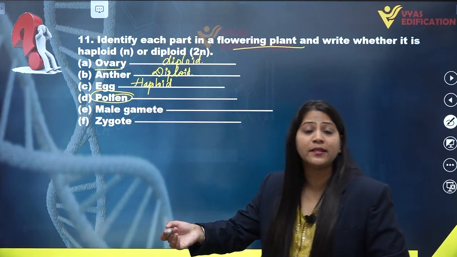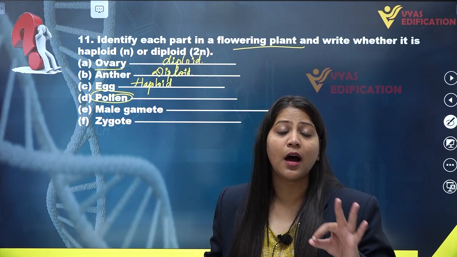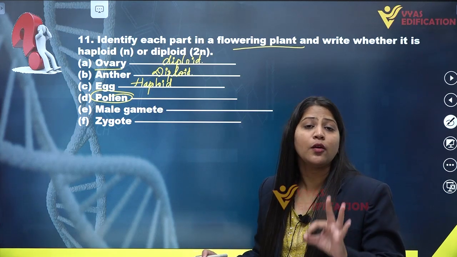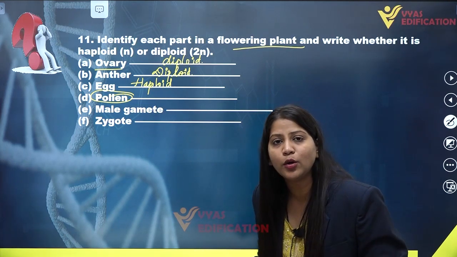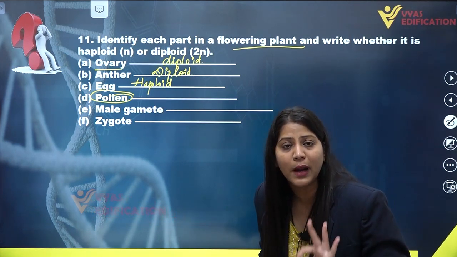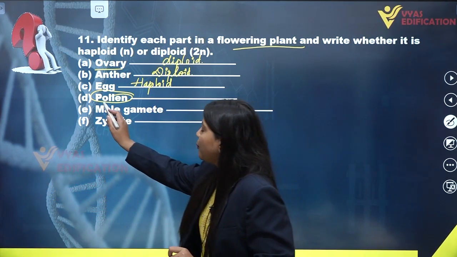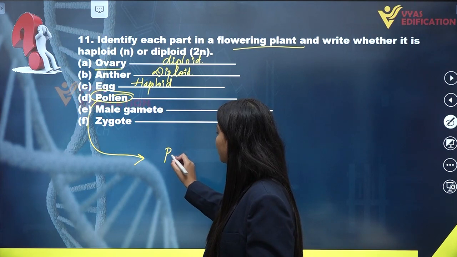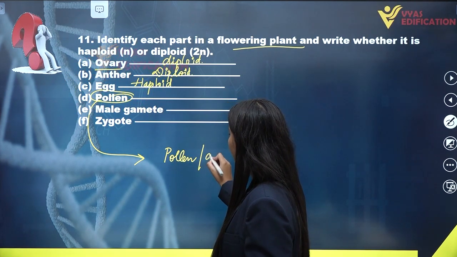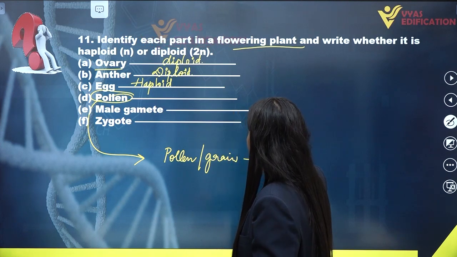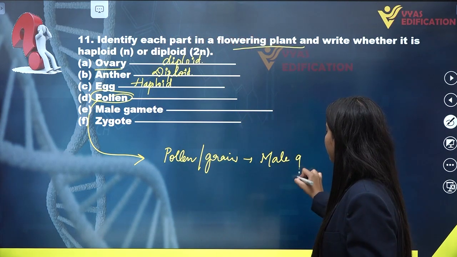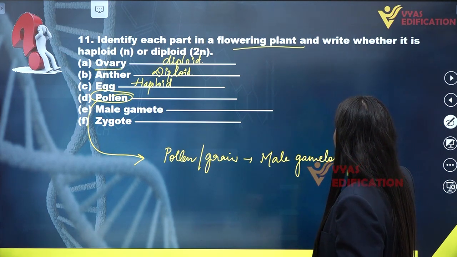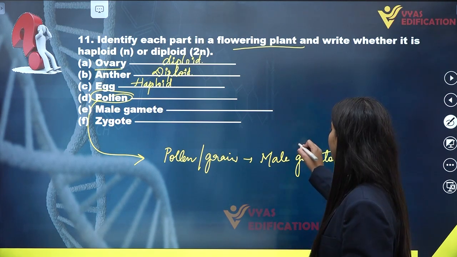As they are not gametes, and I said that only gametes are the haploid structures in the sporophytic or a diploid body. Yes, gametes are always haploid, but a gametophyte in case of flowering plants is also haploid. So pollen grain in case of flowering plants, or angiospermic plants, first of all, what is pollen grain or pollen? It is a male gametophyte, which is produced from the meiotic division